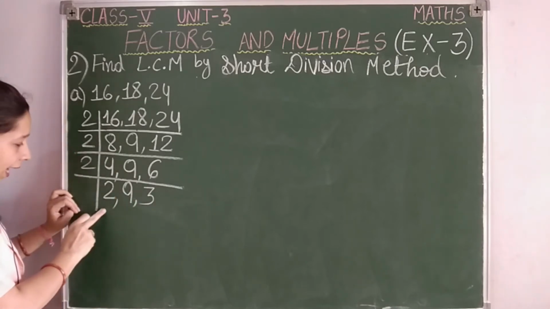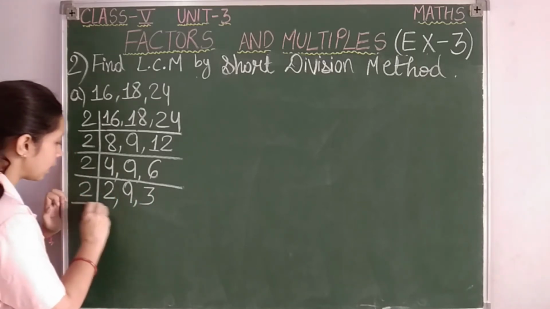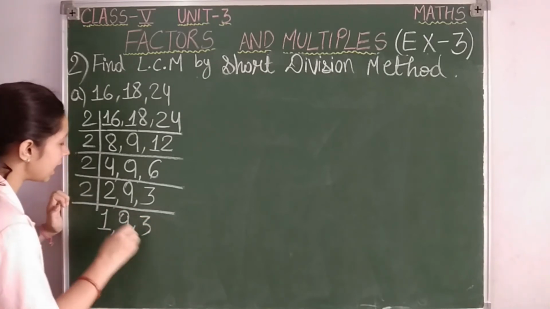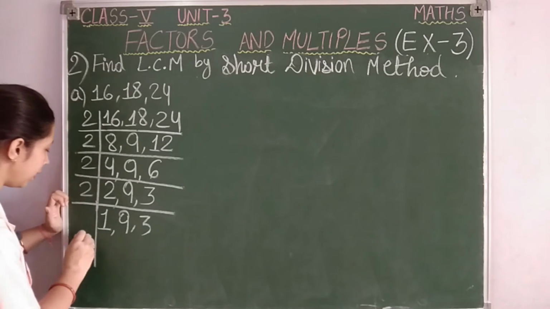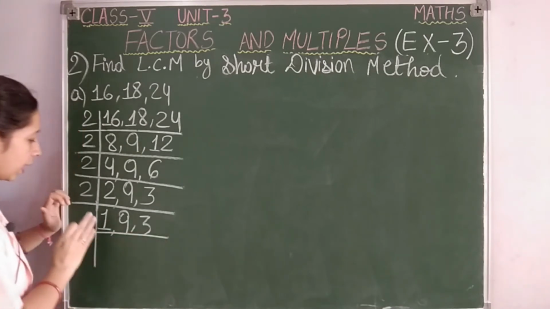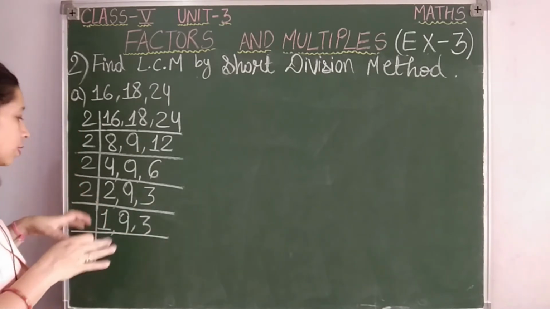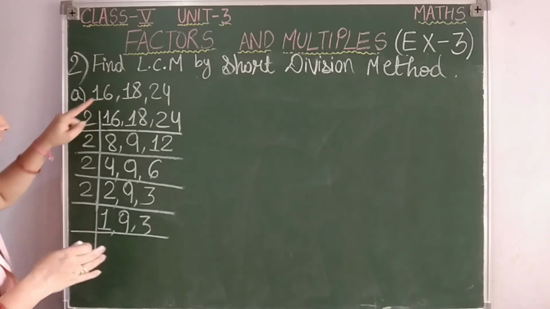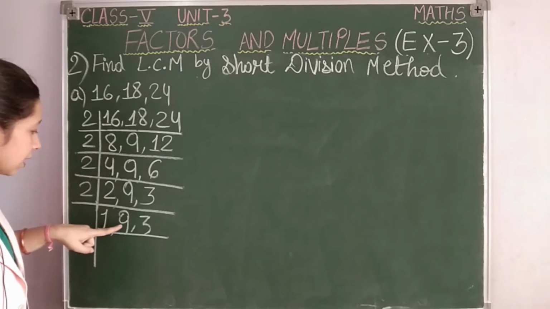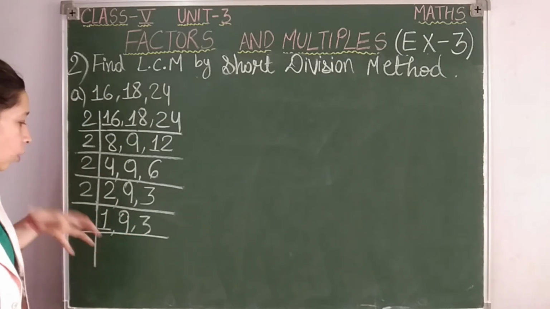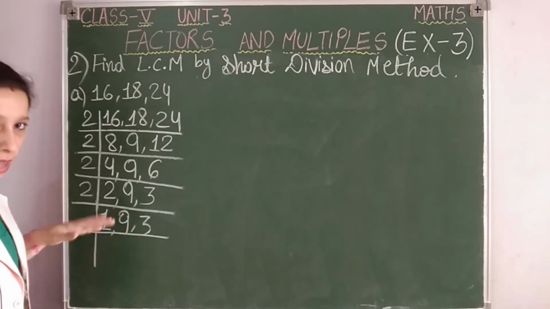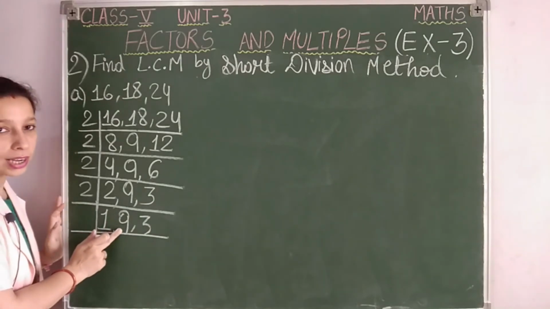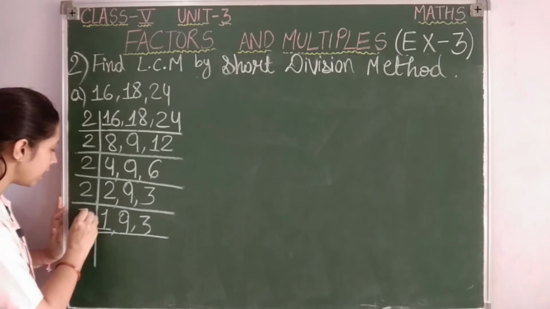Done students. Again see the first number. It is 2. So 2 1s are 2. Then copy 9 and 3 because we know that 9 and 3 are not divisible by 2. Okay, now 1. When 1 comes, we stop doing the prime factorization. That means we got the prime factors for 16. But for 18 and 24 the product of prime factors is still not completed. Here 9 and 3 are still remaining. So now leave the first number and see the next number. What is written here? 9. So 9 is divisible by 3.